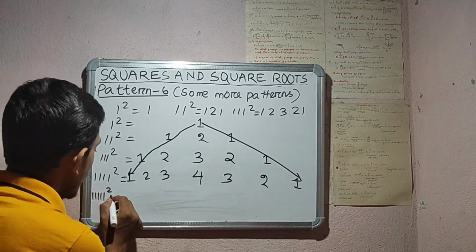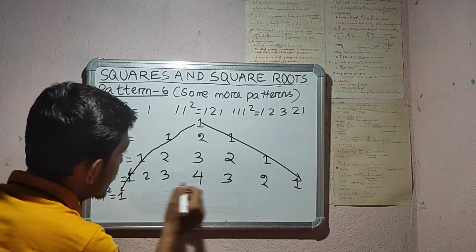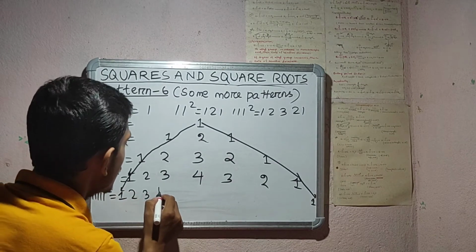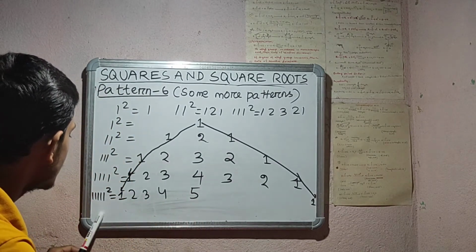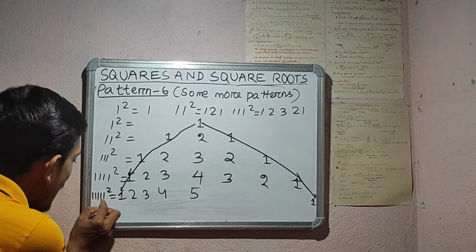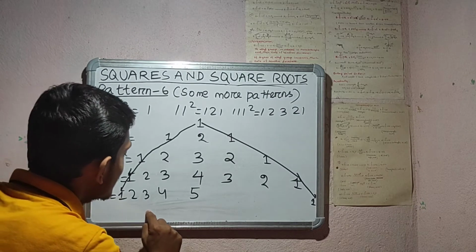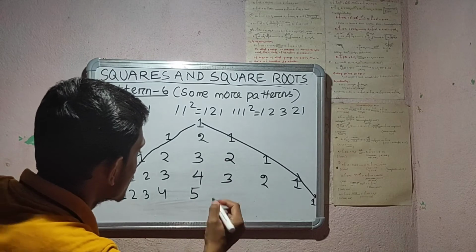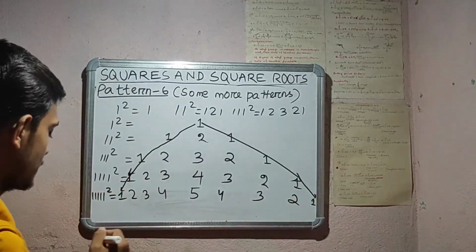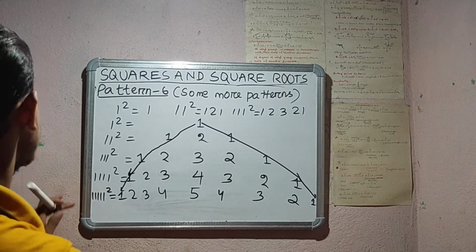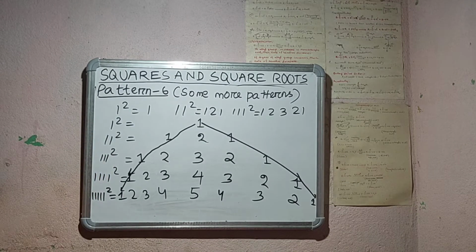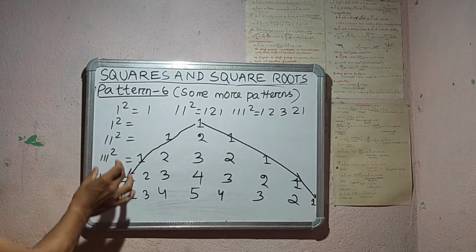This is written starting with 1, because in this way it is triangular. So 1, 2, 3, 4, 5. The number of 1s is the limit of the increase, that is 1, 2, 3, 4, 5, because the number of 1s is 5. So it is limited to 5. Then it decreases: 4, 3, 2 and 1. So this is the pattern of a number having only ones. In this way you can calculate any such number.